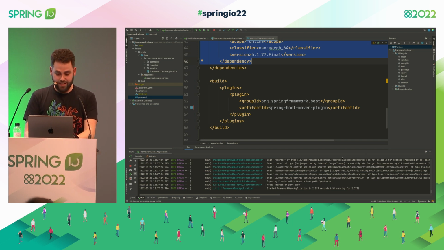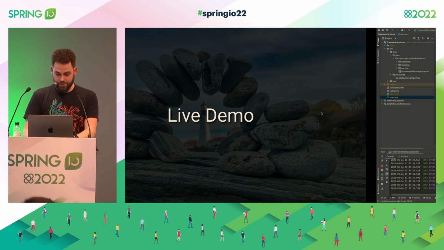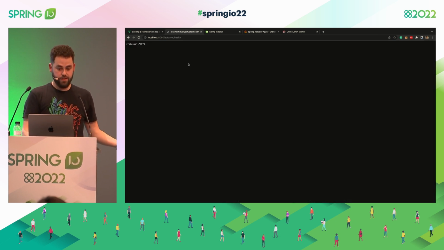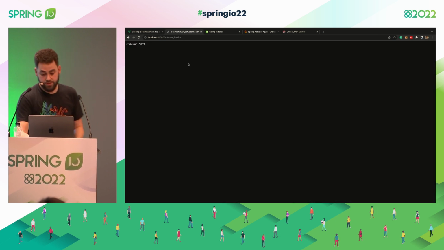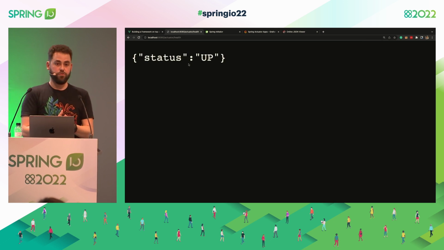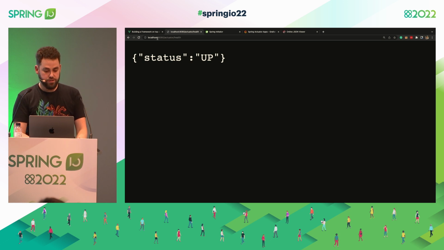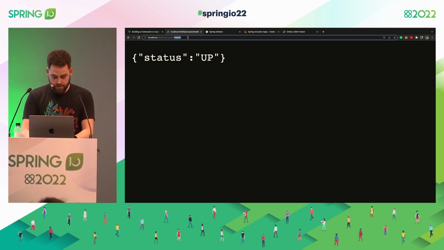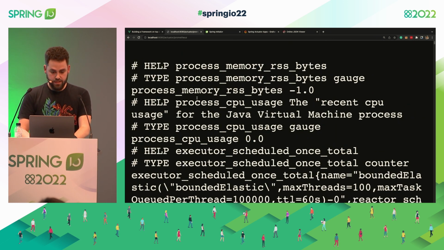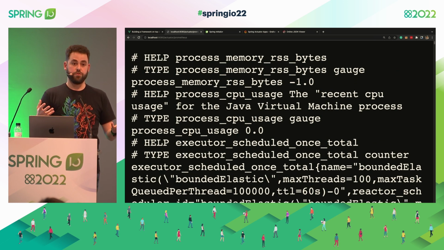So we have the application started up, and when we come to the application, we can see that, for example, the application is already exposing the health endpoint. Sorry for the zooming. So we have a health endpoint for Kubernetes. It's already configured for us out of the box. We also have something like Actuator Prometheus. So we have the metrics, which means that we can have customized dashboards for all our applications.